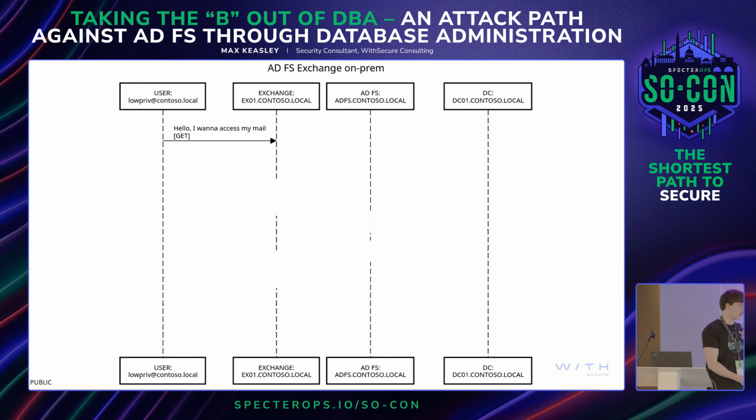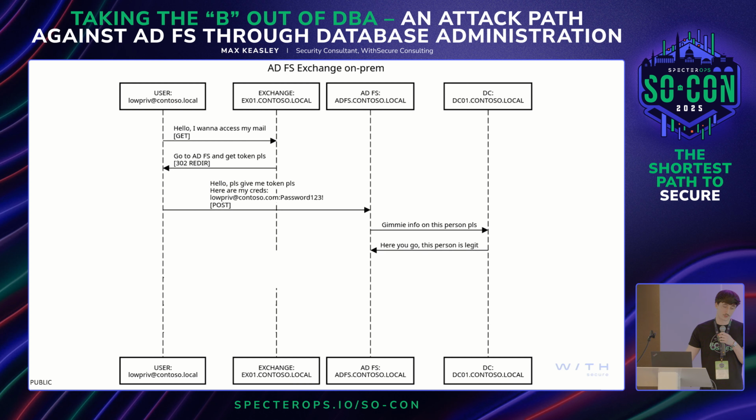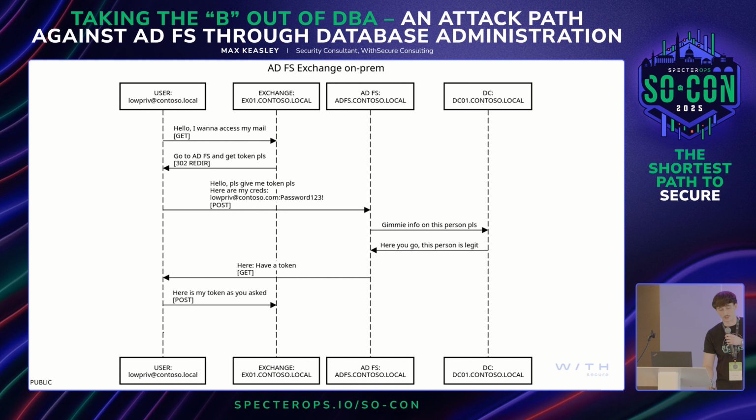You want to log into OWA, you make a GET request there. Exchange will redirect you and say, hey, go to ADFS and get a token. You go to ADFS and you log in and you go, here are my credentials, and then you log in. ADFS makes a lookup to Active Directory if it's configured as the information store. The domain controller will tell the ADFS server that this user is legit. A token gets generated that's signed to prove that it's trusted, and then that gets given back to Exchange, and